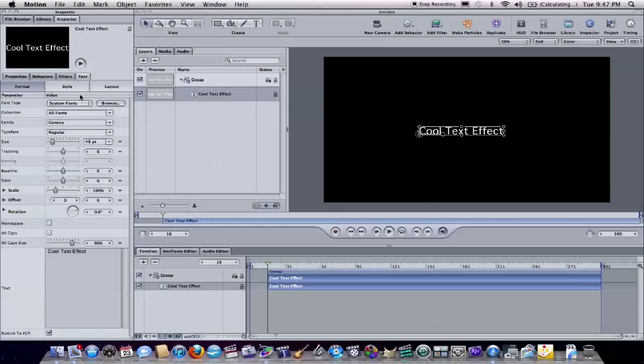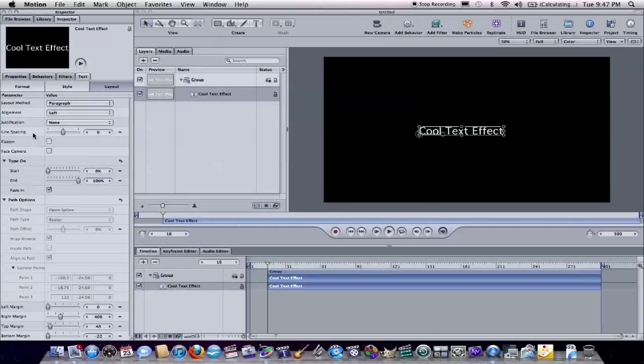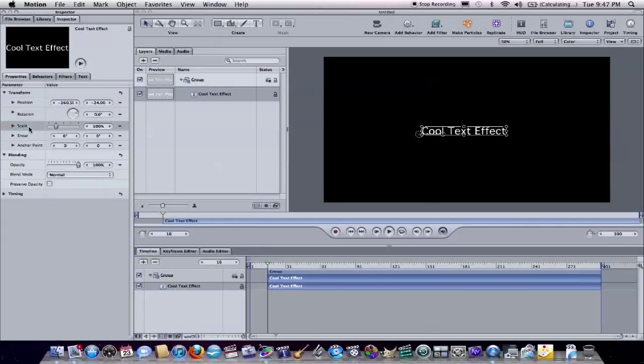So first thing I want to do is, under layout, line this up in the center just to get it centered. There we go. All right. Now properties, what we want to do is affect the scale of it. We want to make this thing get bigger and smaller, bigger and smaller, bigger and smaller. To do that, go click on the scale, then control click, and this little window shows up that has all these different options to click through, from audio all the way down to wriggle. Audio is what we're going to use to basically attach an audio file to this text